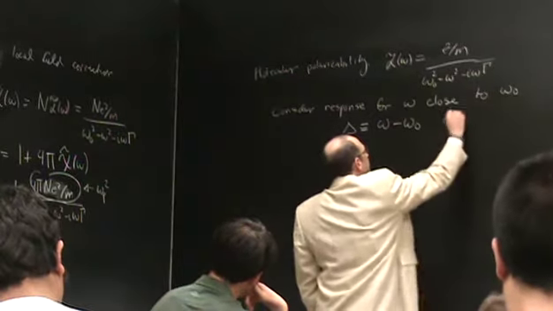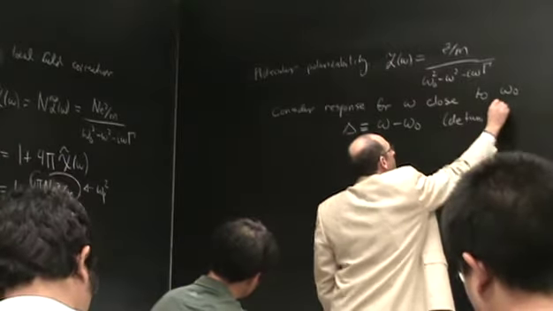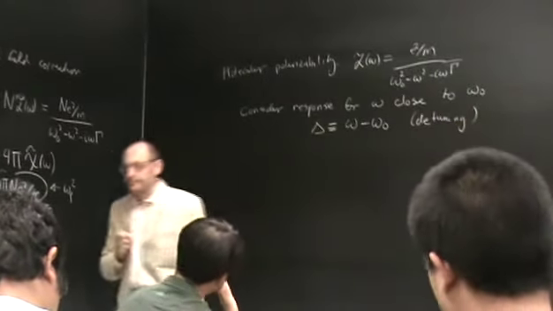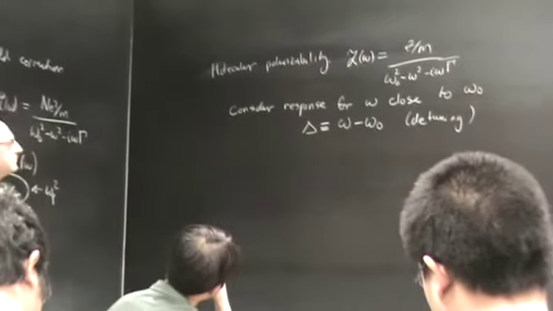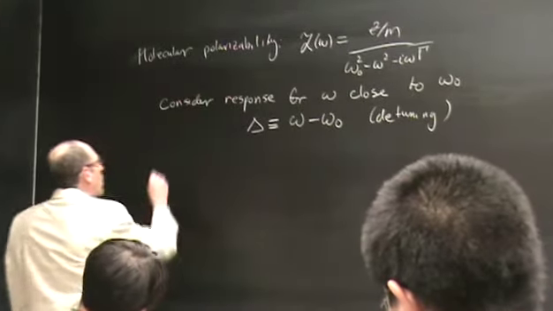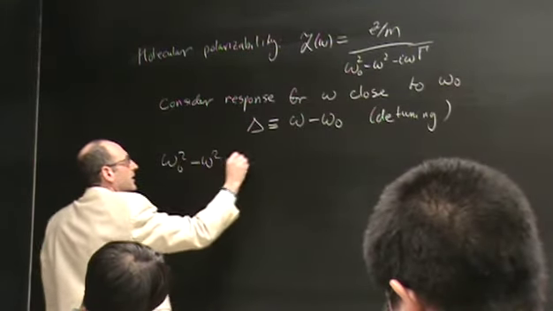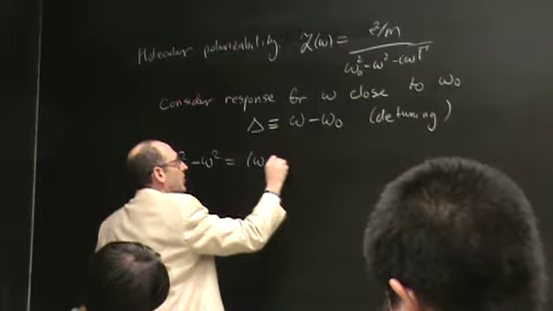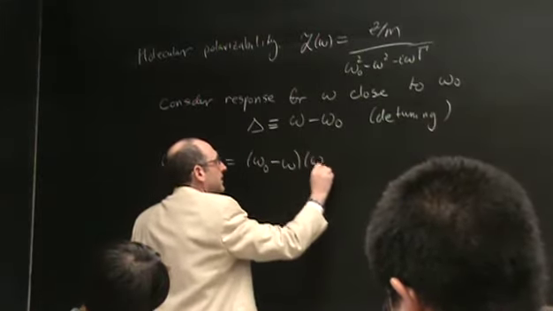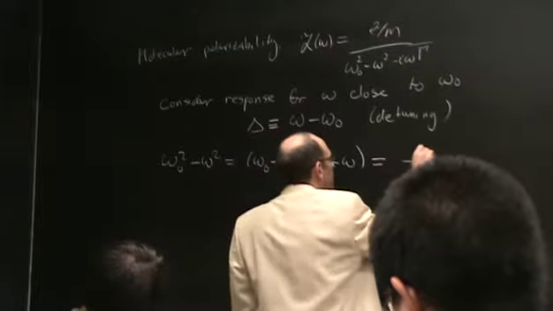That's sometimes known as the detuning, how tuned away I am from resonance. So omega 0 squared minus omega squared is equal to omega 0 minus omega times omega 0 plus omega, which is equal to minus delta